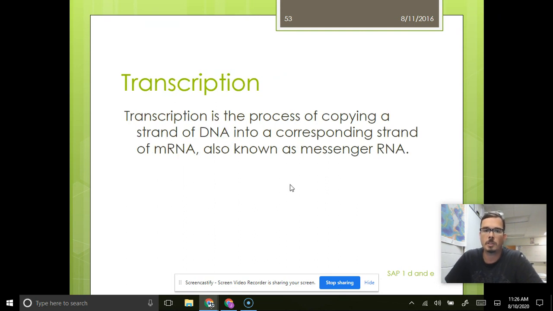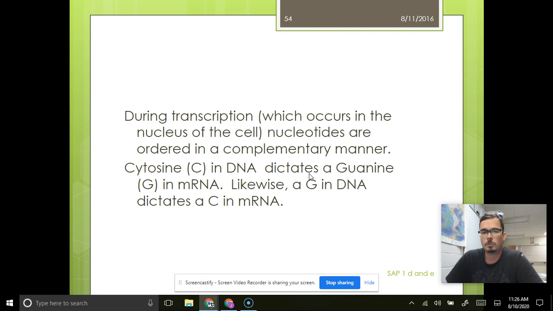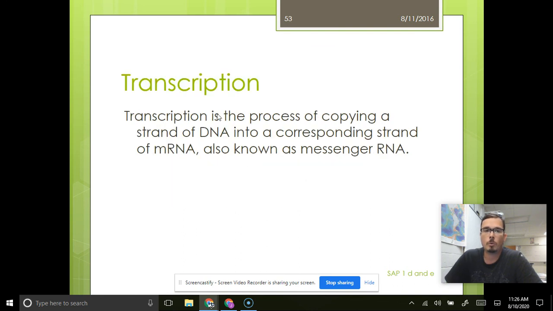During transcription, this is the process of copying a strand of DNA into a corresponding strand of mRNA, also known as messenger RNA. The whole reason that this has to happen is because you can't get DNA out of the nucleus. It's too big, so you have